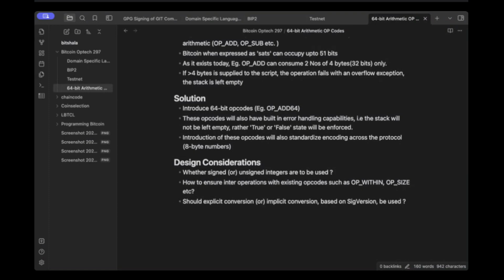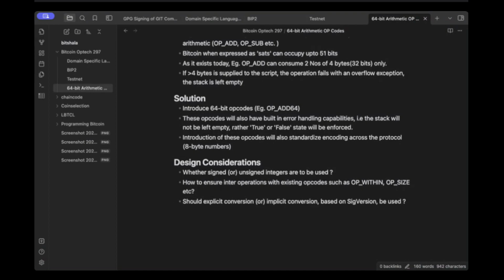whether to use signed or unsigned integers, and how you ensure interoperation with the existing opcodes, because your arithmetic opcodes most often will interact with some other conditional or other network state defining opcodes. So you have to ensure that the new opcodes interoperate seamlessly with those existing opcodes. So there are considerations going on about how to ensure that. And then